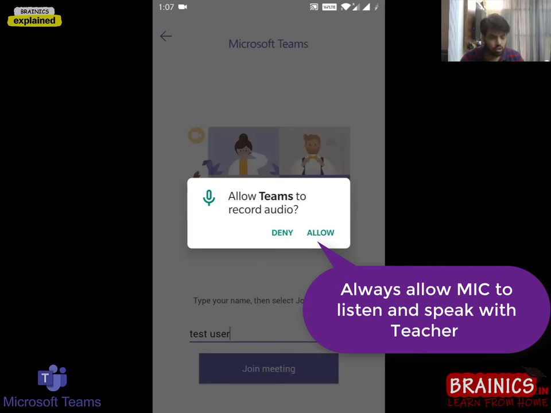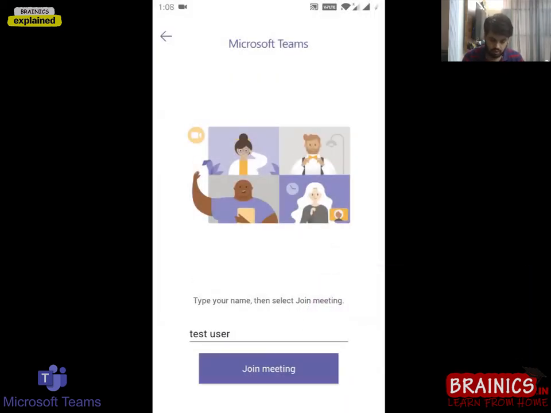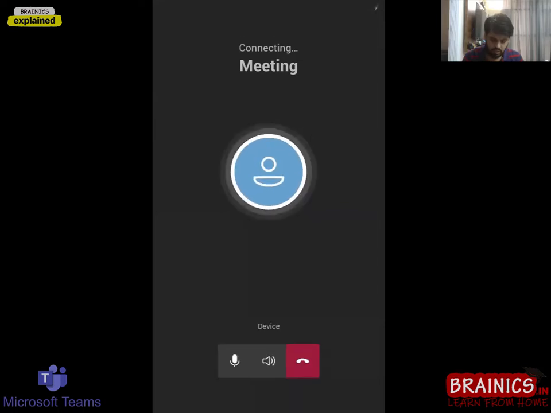If you deny this, you would not be able to hear your presenter's or teacher's voice, and you cannot switch on your mic and send your voice to your teacher. This is a very crucial step, so always click on allow, whatever comes. So it comes allow over here, and now you can see that it's connecting to the meeting.